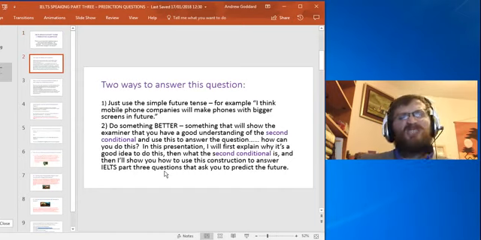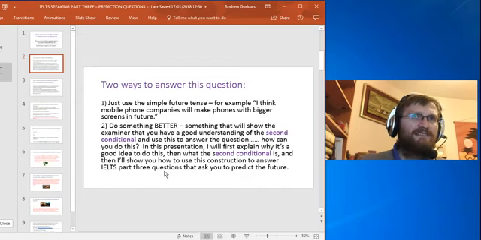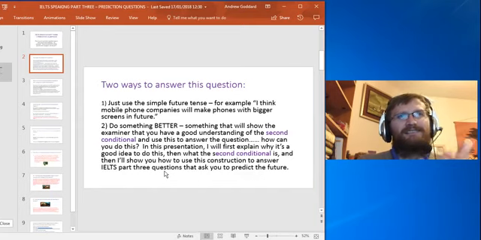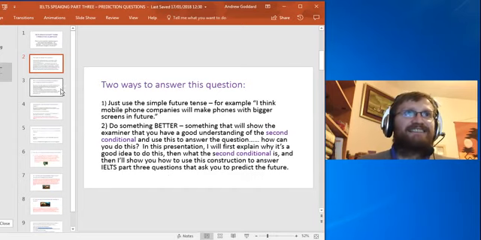You could just use the simple future tense. For example, I think mobile phone companies will make phones with bigger screens in future. Simple future tense, but that's not really very sophisticated. And a more sophisticated answer involves using the second conditional